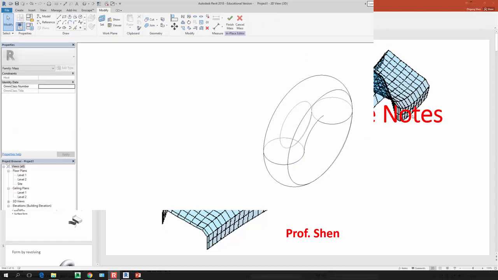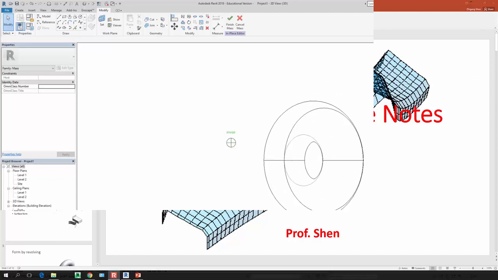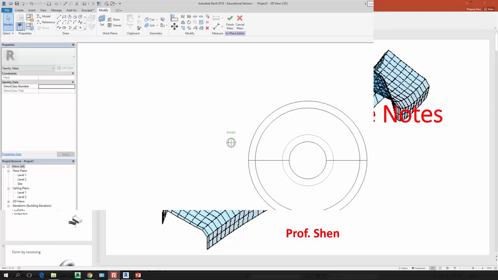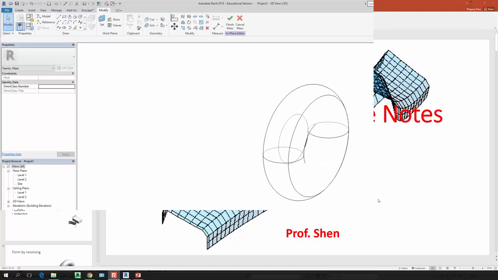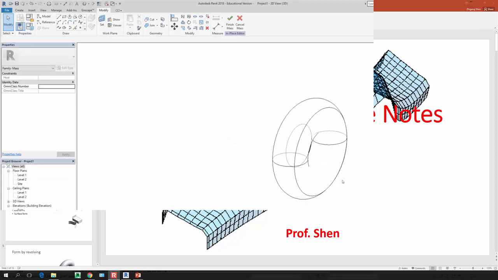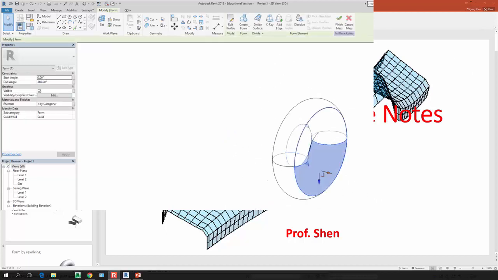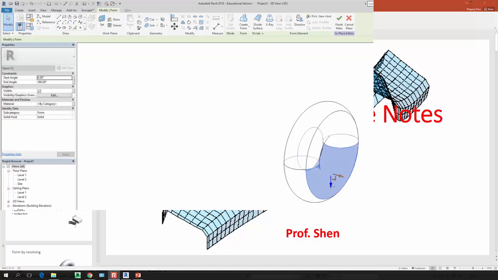See that? You have a solid form, right? Of course, you can also drag them bigger, smaller,